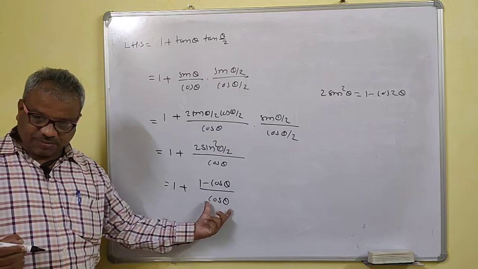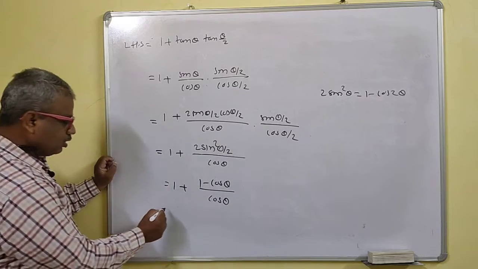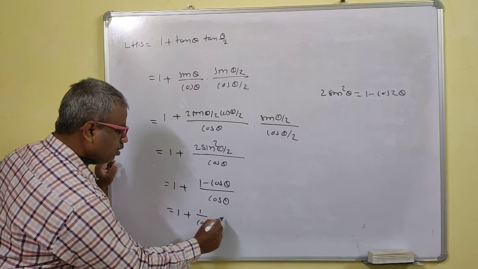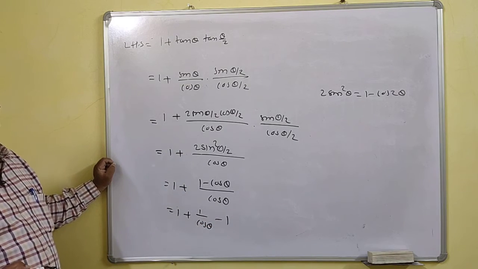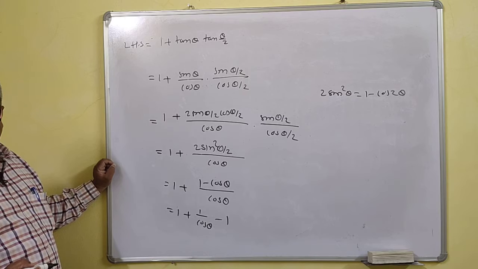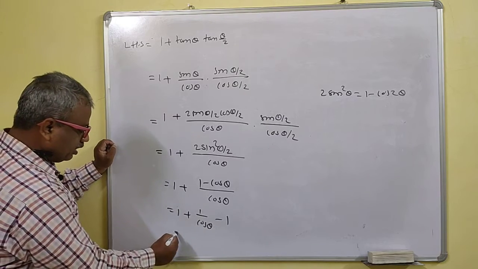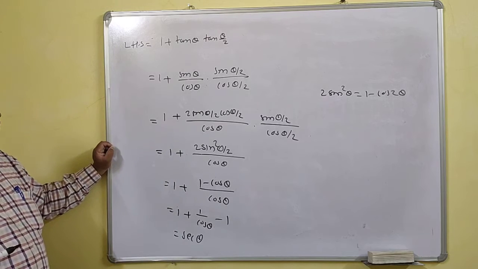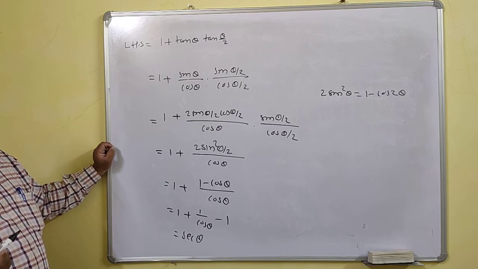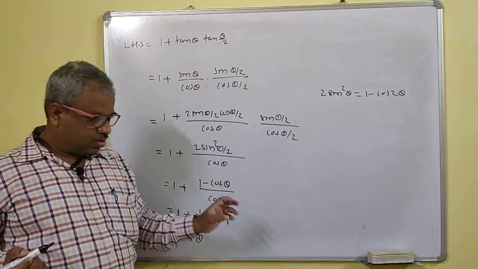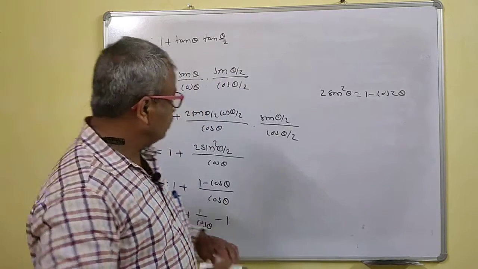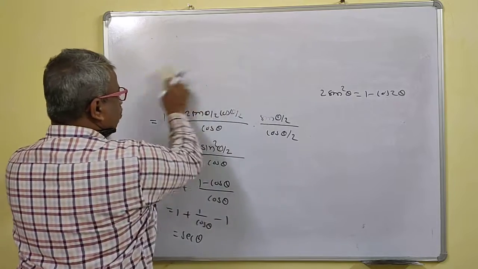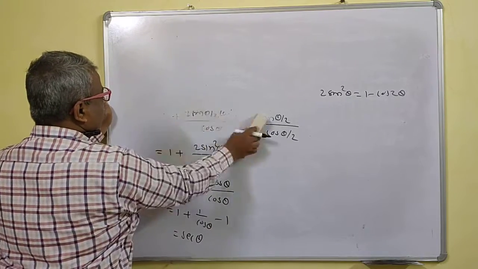Now this is single, I will divide by this. This is what? 1 plus 1 upon cos theta minus 1 now. So the 1 gets cancelled, and 1 upon cos theta is nothing but sec theta. Right? So we are through. So you should remember the formula, and you have to apply the formula in both directions, left to right and right to left also.